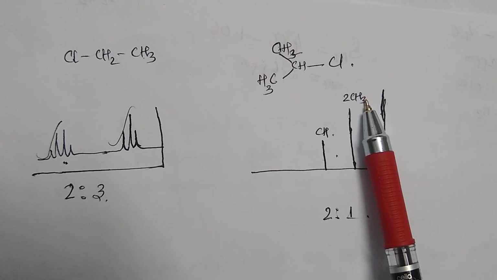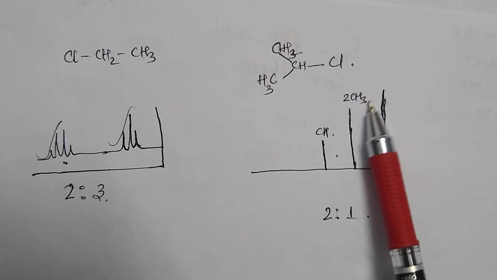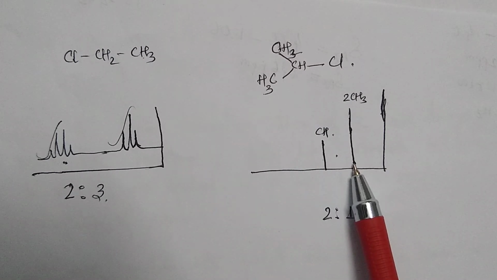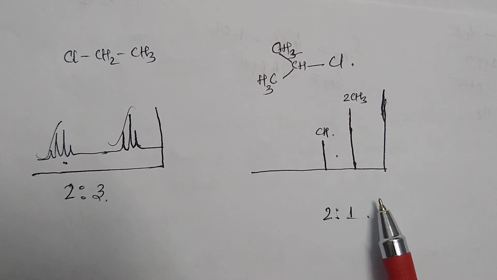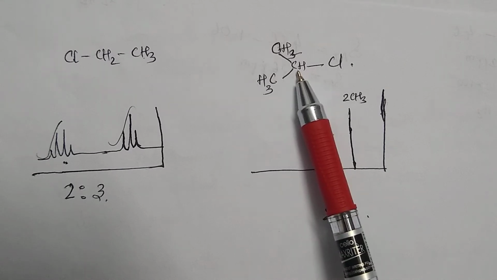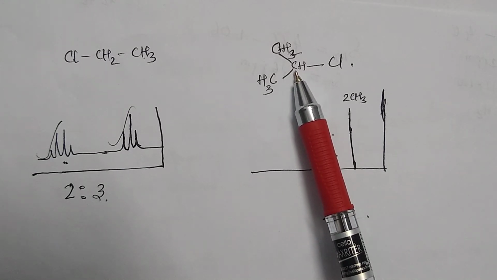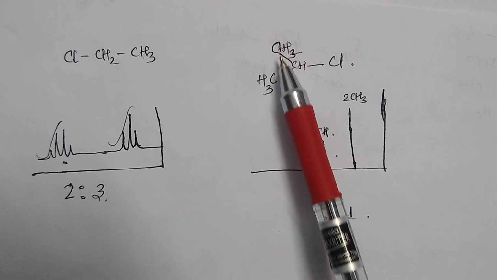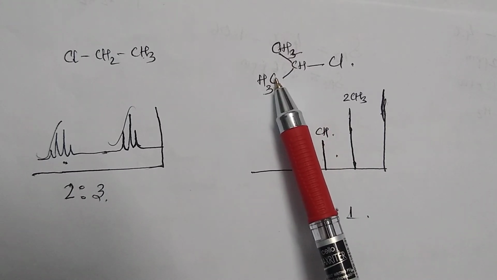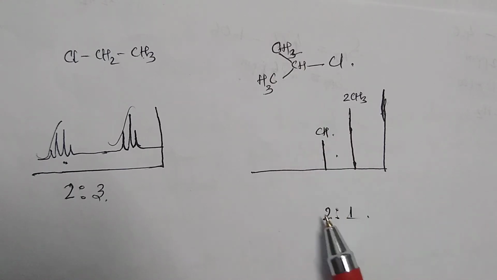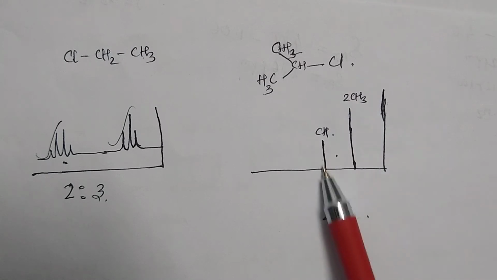The sharpness in the signal for 13C NMR compared to that of proton NMR means that the signal will be in the form of a line, as you can see here. So this is just a rough figure to show the sharpness of the line in 13C NMR. For this CH carbon over here, it will give a signal of another line over here. Now CH3, compared to that of CH, will have an area ratio of 2:1.